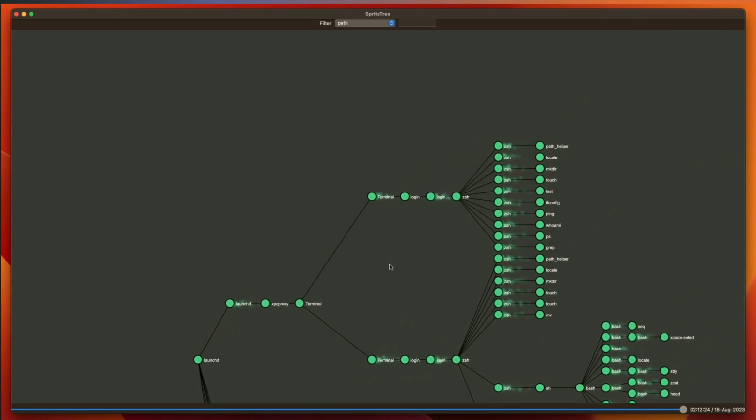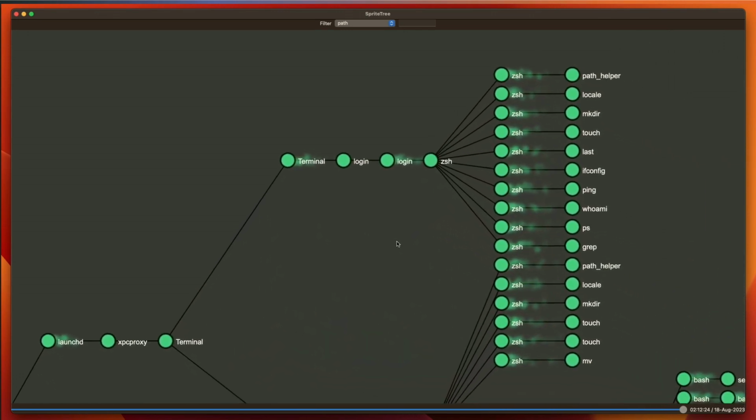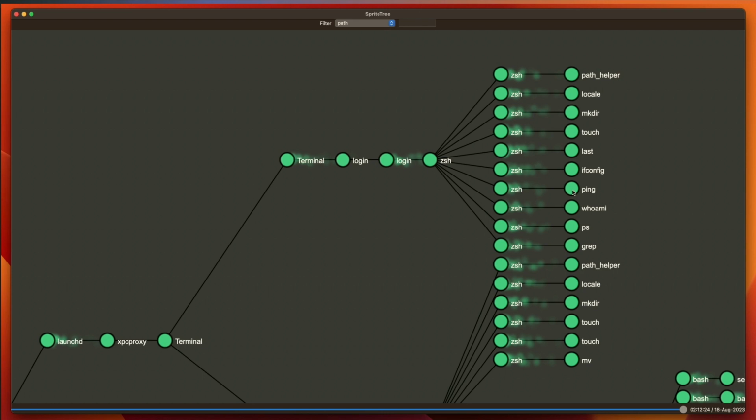One of the first things you'll notice when you open this tool is that some of the nodes have this smoky effect on them, and others don't. This is because we added this effect to represent a fork. Anytime you see this effect on a node, you know you're dealing with a fork and not an exec. Remember, all forks are just clones, so you should see that ZSH has a bunch of cloned children of ZSH, which adds up.